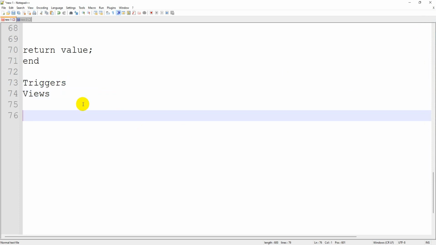Triggers normally can be applied on DML commands like insert or update or delete in our real-time examples. So whenever you have inserted any record into a table, then you can perform some SQL script. According to your logic, any particular script can be executed according to the business requirement. So even on update, even on delete also, you can perform all these particular transactions, guys. First of all, how to write a trigger.